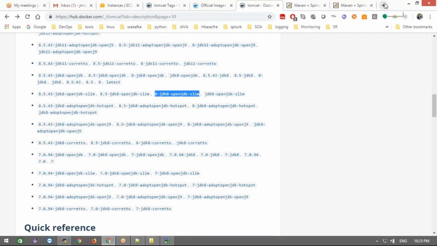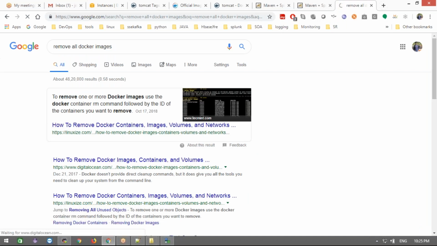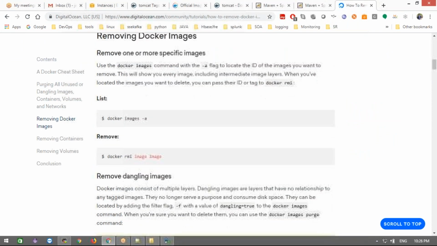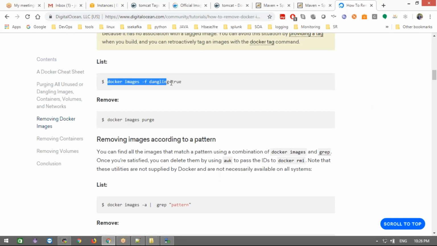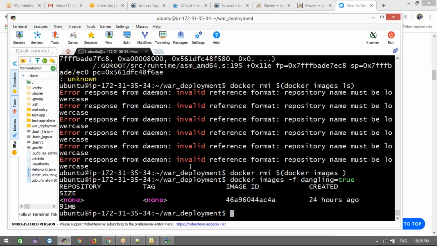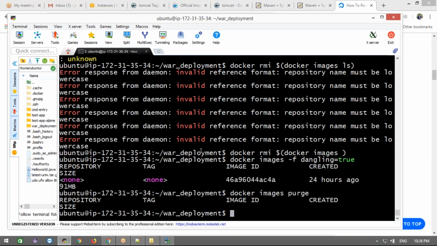Okay. Just some commands will be there, I'm going to use those commands. This part will clean all the images.